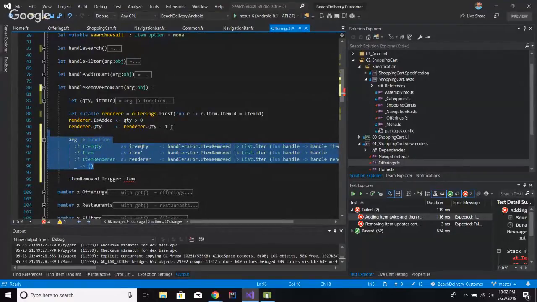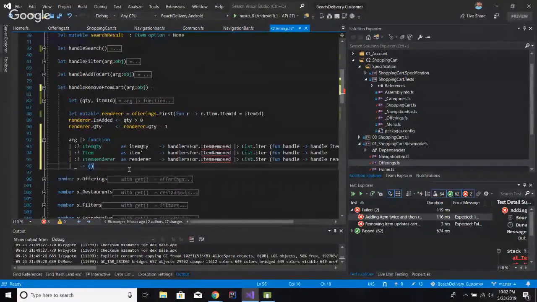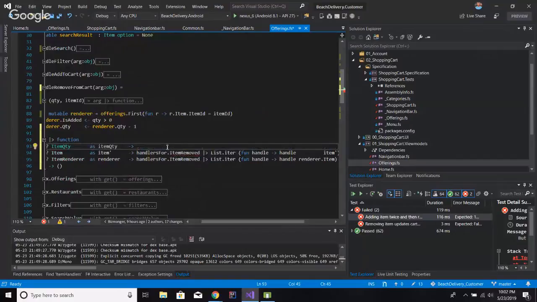Control K U. And do something like this, where we could say item quantity dot item,